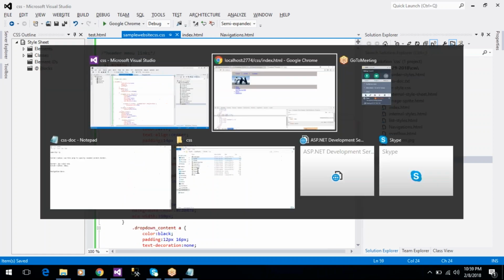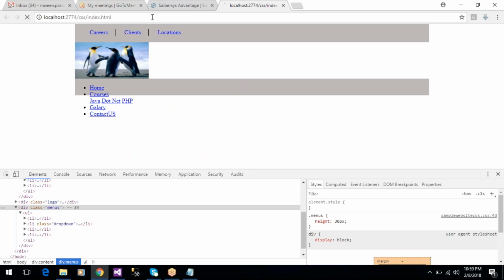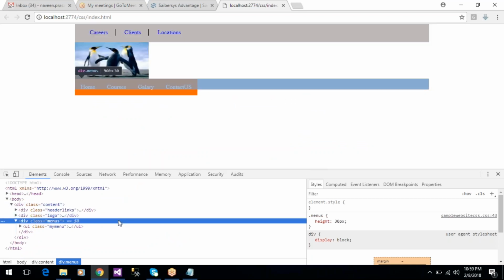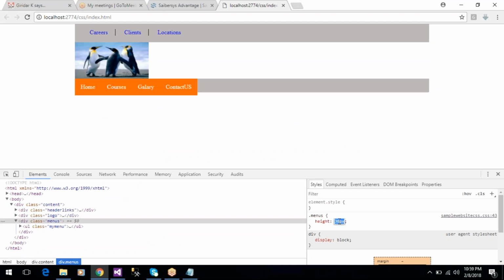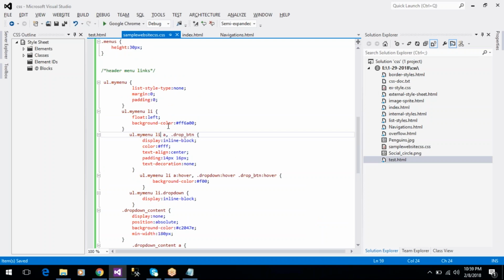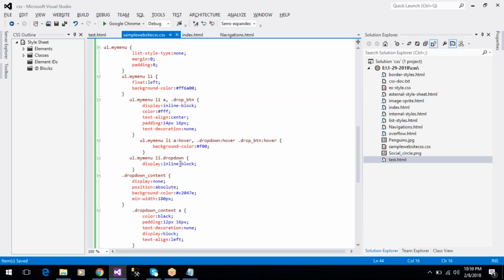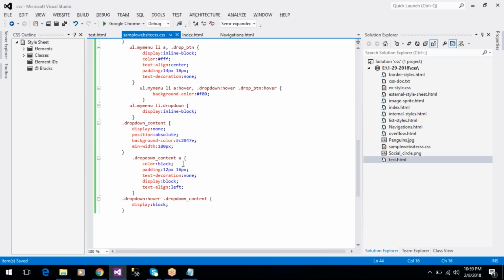Okay, now run this example. Div height is 46 pixels. And for submenus